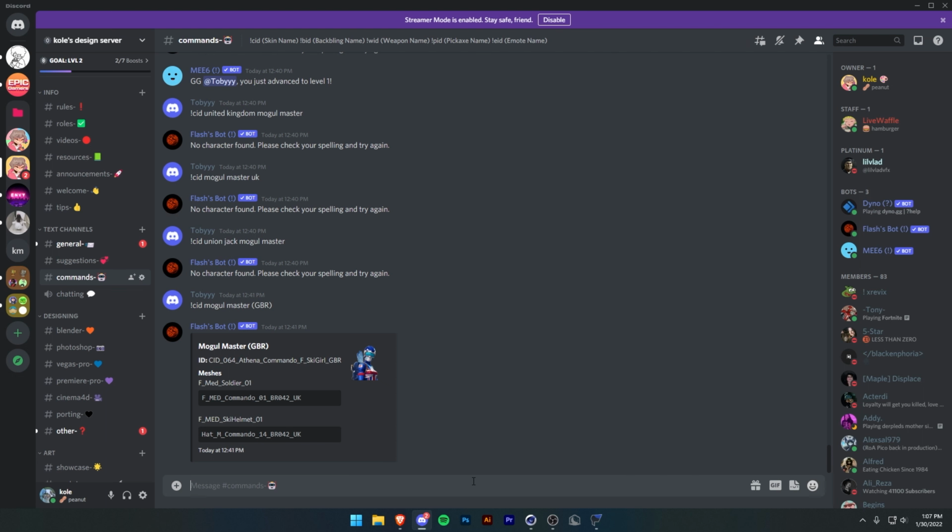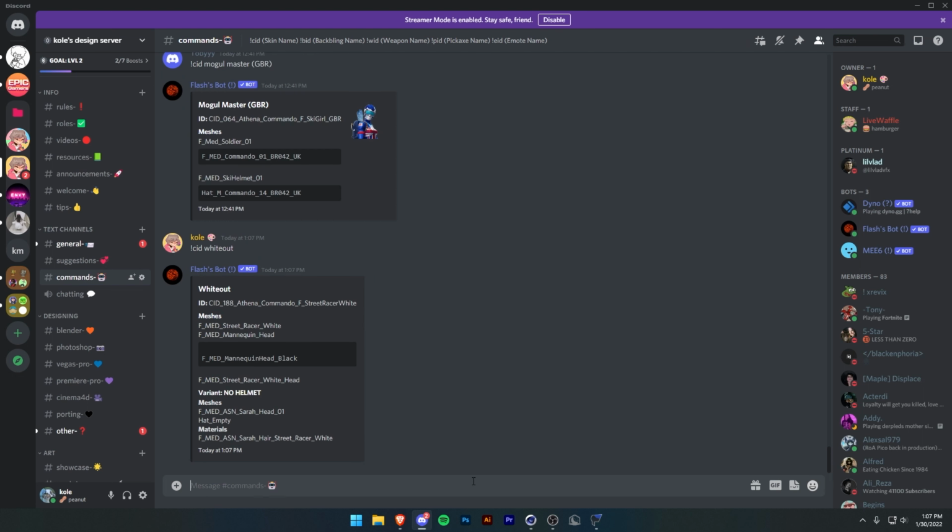So for example, if I wanted to port my main skin, which is whiteout, I would type in CID whiteout. And as you can see here, we get a full list of everything used to port this skin, okay? Very easy. Now this works with more things than skins. You can also do back blings, you can do weapons, you can do pickaxes, you can do emotes. There's even more, I think. I still need to finish listing them all out, but those are the main ones, the most commonly used ones,